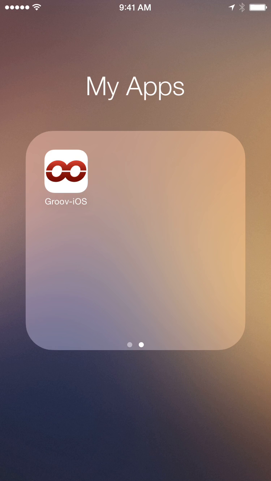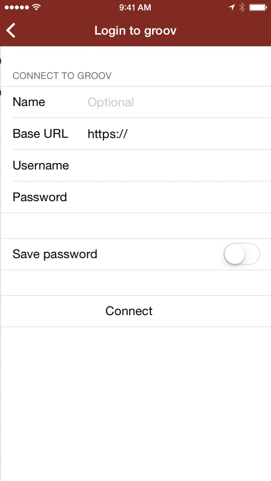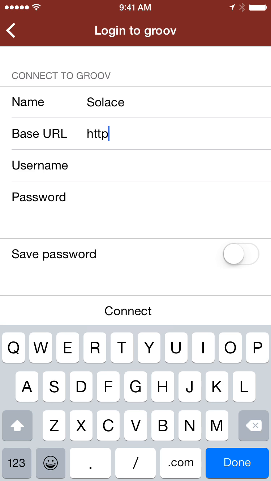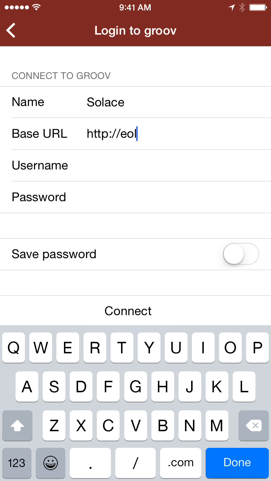Hi, this is Jonathan, and I wanted to show off a prototype learning exercise app I put together over a couple months last summer. This is a completely native interface for Groove View on iOS. Without further ado, it allows you to talk to a Groove server or a slightly modified Groove server without involving a web browser